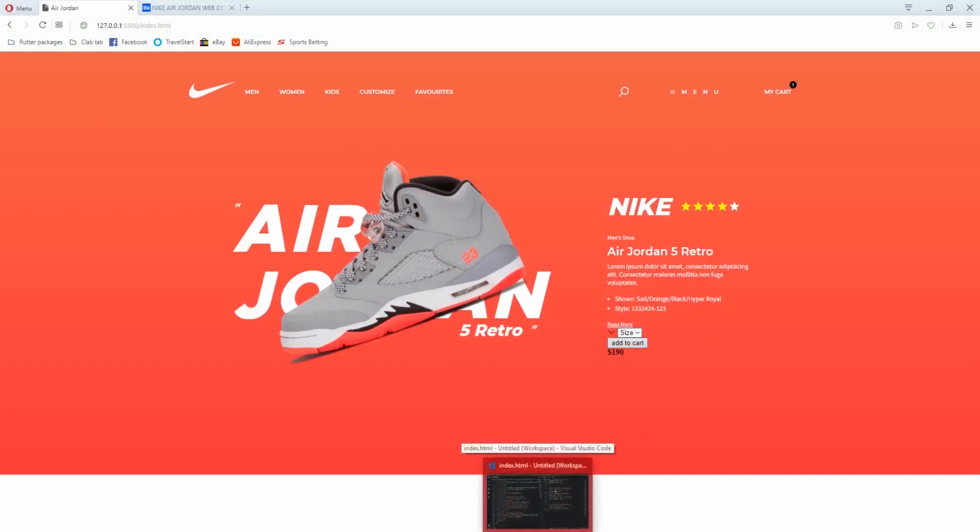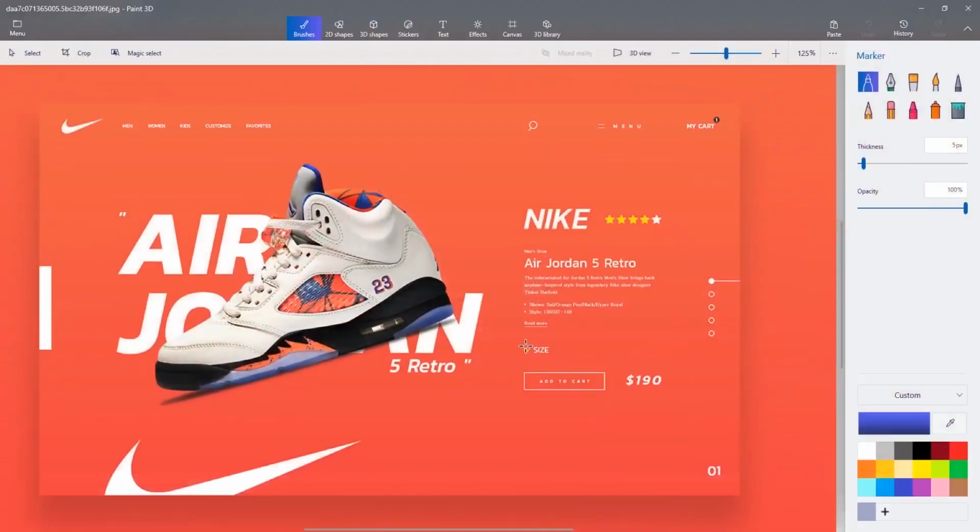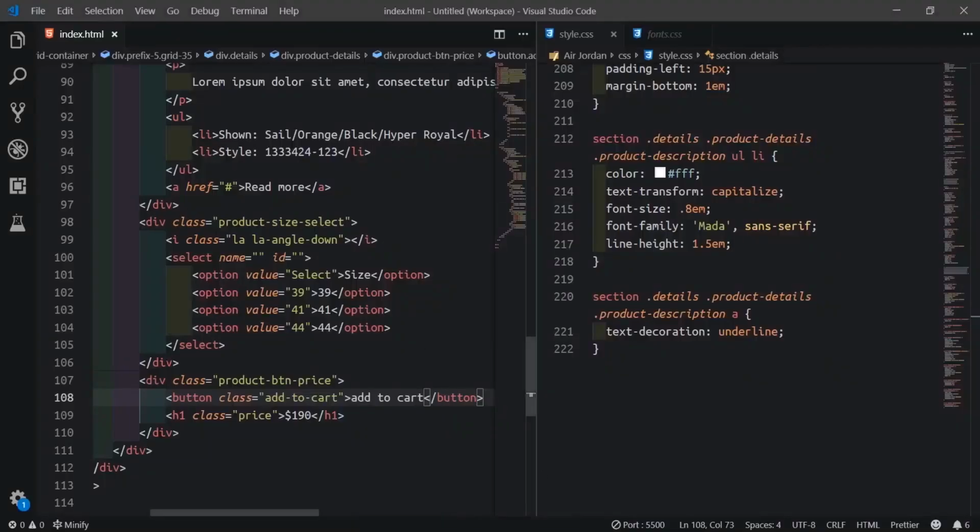So I'll go target the select first, because it's really simple. We need to add position to this whole box. That means we add position to this product select size. So give a position relative, then we make this anchor tag, we make this icon now to be absolute. We'll give a position absolute. Then we focus on the select later.